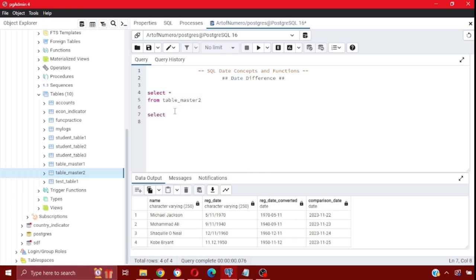I'm going to start with the first one. The way the age function works is just like most other functions that we have so far covered. You're going to start with the select statement, and then follow it with the age function. And then you're going to insert the date value that you would like to retrieve the date difference for. The first one is going to be the endpoint, from which the other value is subtracted. So the endpoint value in this case, hypothetically, I can put 2023 and maybe 1111,